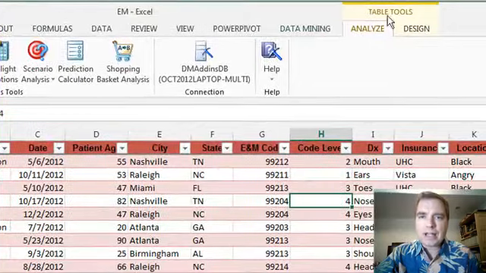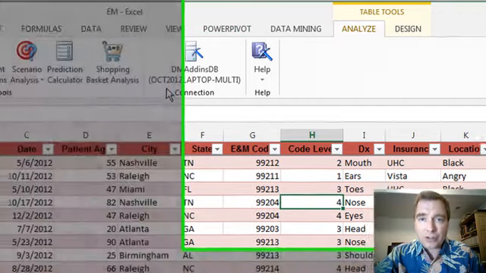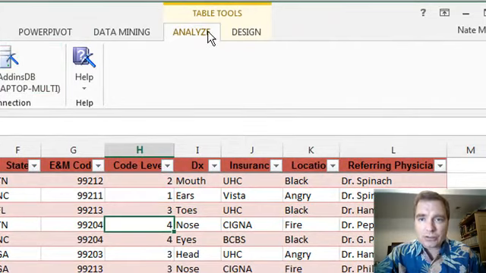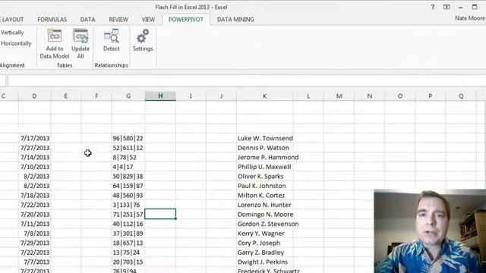To do data mining, to do analysis, you've got to be connected to SQL Server Analysis Services, SSAS. A lot of it is beyond the scope of what I try to do in these Excel videos. But I want to at least expose you to, hey, if you get the Pro Plus version, you've got access to PowerPivot, and if you can connect to a SQL Server and get Analysis Services going for you, you can do some interesting things with analysis and with data mining that we can talk about down the road. So be that as it may, the one thing I want to show you in this Excel video